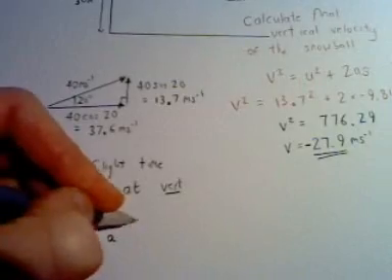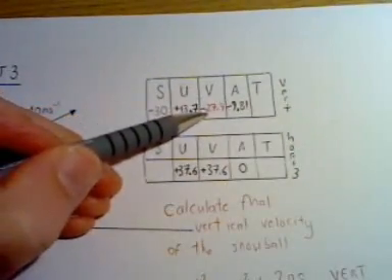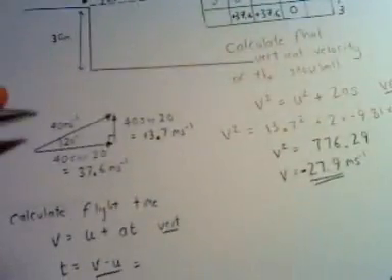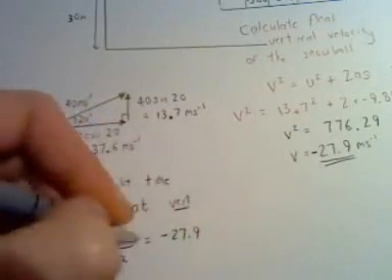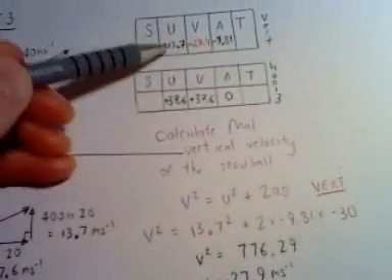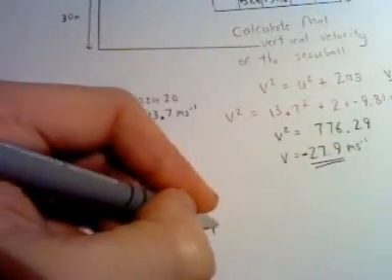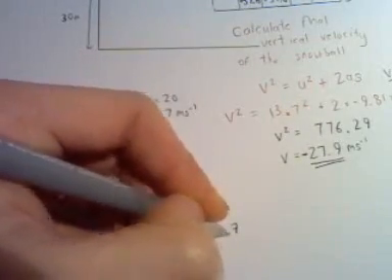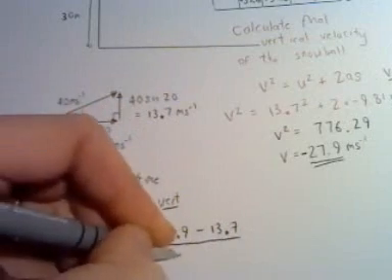If we substitute our values in, remember we calculated v just now, minus 27.9, so minus 27.9 minus u. U we obtained here, and we filled in the grid, 13.7, the initial vertical velocity, 13.7, and we divide by minus